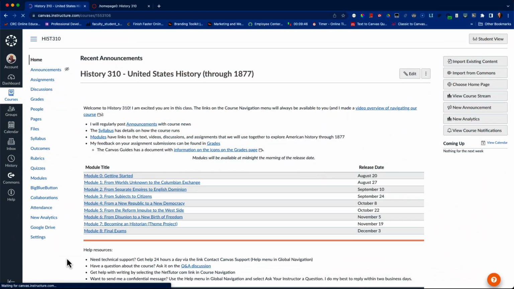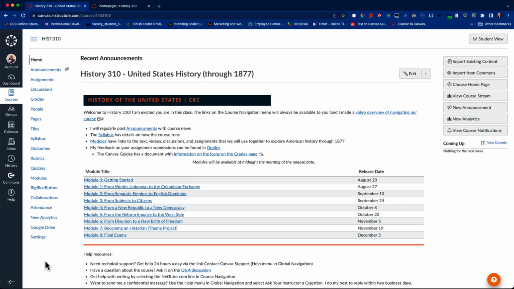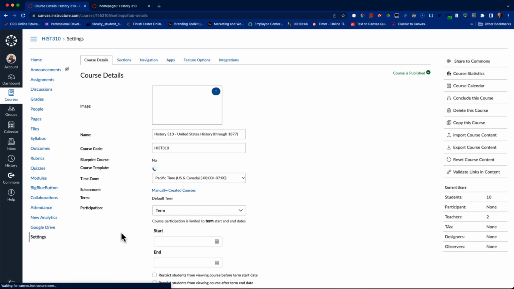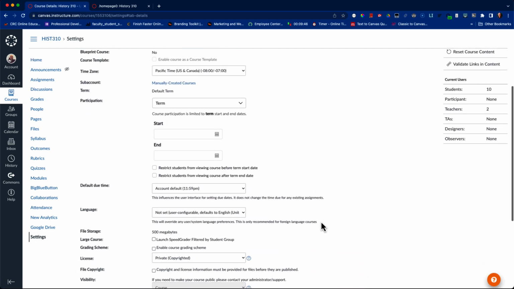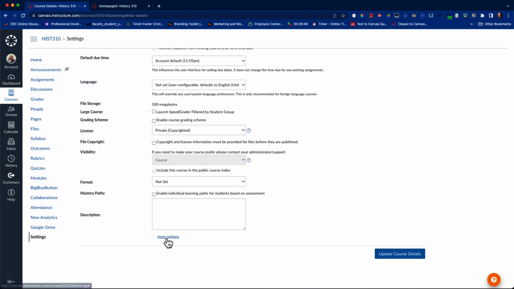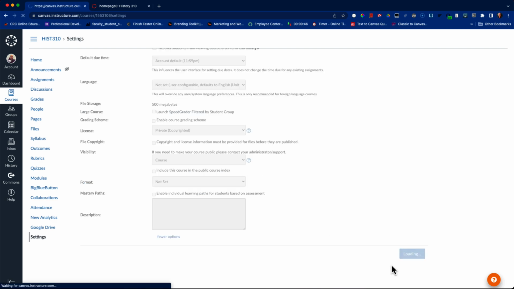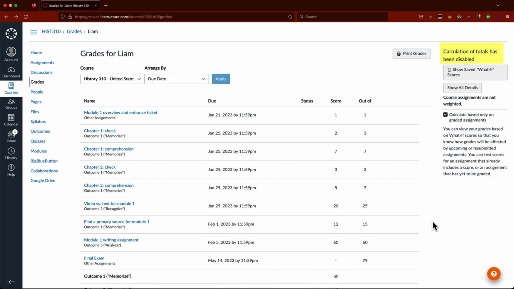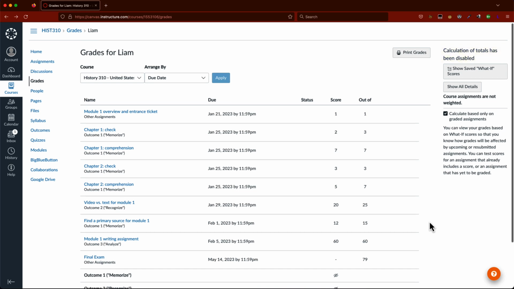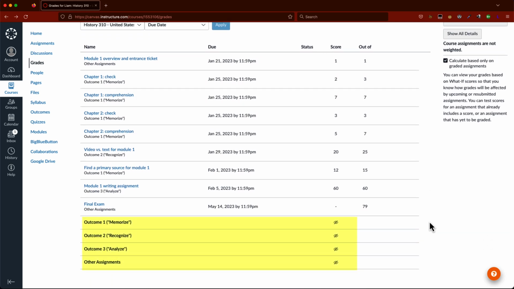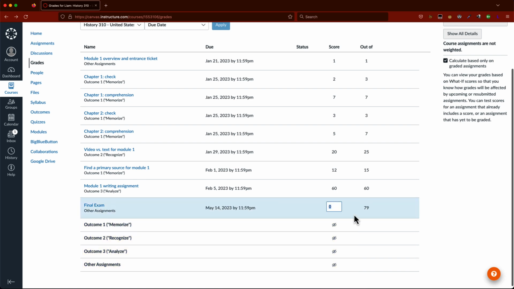Now that we know what students can do, let's see what we can do. It's demo time! The first thing I will show is how we can hide the total score from students. This is an option on the Course Details tab of the Settings page. First, select the link for more options, check the box to hide totals in Student Grade Summary, and select Update Course Details. What this does is remove the total score entirely and hides the score for each assignment group. Students can still use the what-if feature, but they cannot see the effect of what-if on their total score.